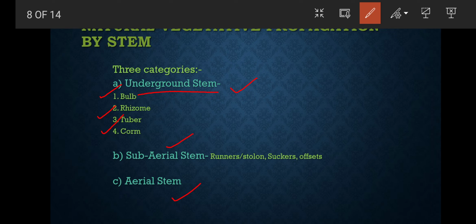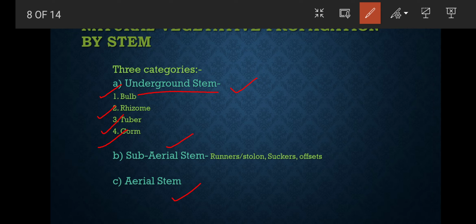Next type of underground stem is your corm. They are small underground stems which generally grow in vertical direction under the soil. From the base of the nodes arise the adventitious roots. The scale leaves bear axillary buds which give rise to a new corm. The common examples of corm stems are your colocasia, which in Hindi we call guinya, or we can take the example of a gladiolus. It is also an example of corm underground stem.